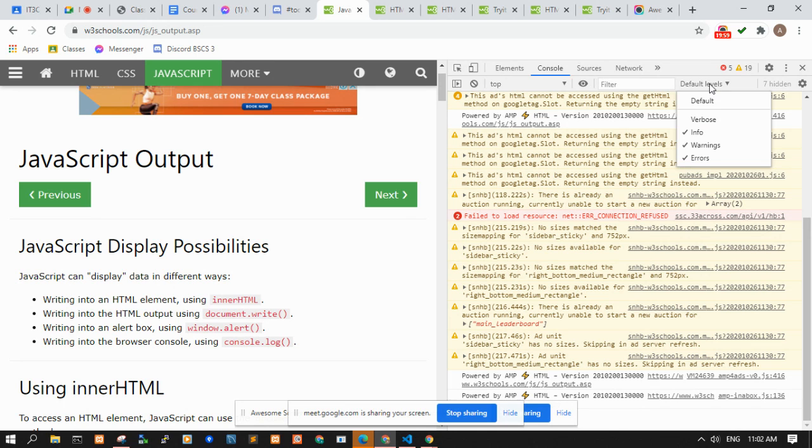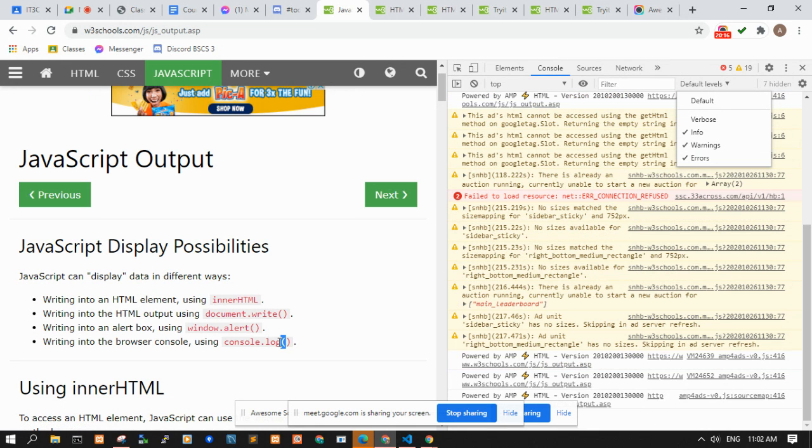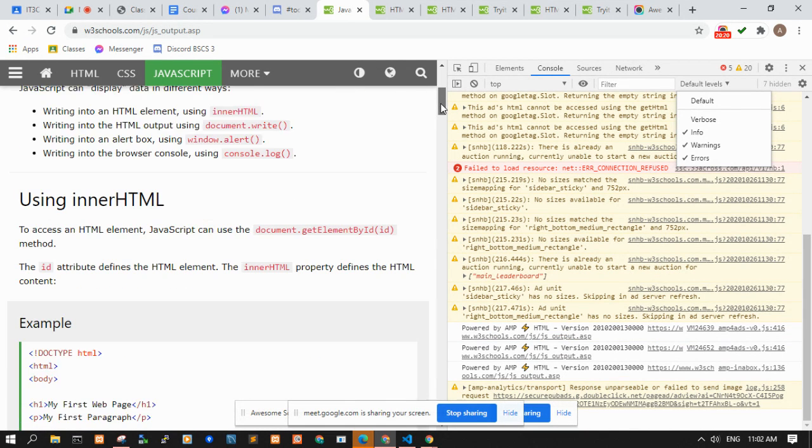You can also remove or just show the different levels. For example, if you just want to show errors, uncheck the others. So console.log is for information, for everything. You can also use console.warn or console.error.